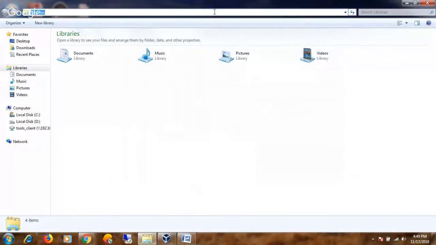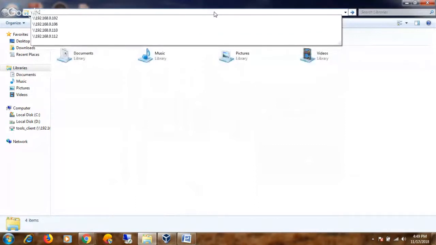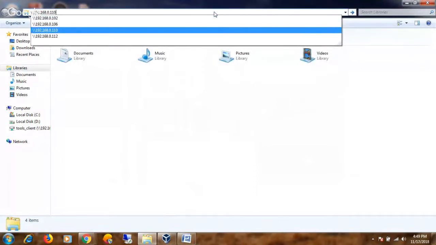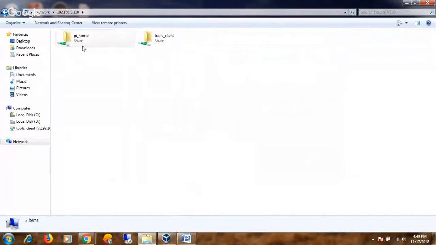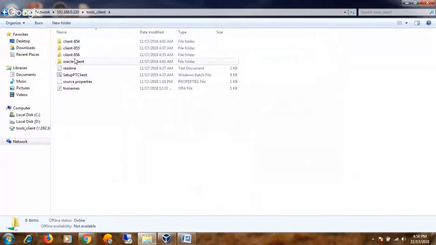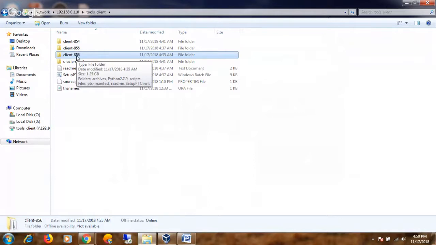Just open the shared folder 192.168.0.110. It will show you two shared folders which are inside the PUM virtual box. Just open the tools client shared folder. In that you will have these folders. If our present environment is in 8.56, that is, the environment which you have installed using the PUM is in 8.56, then you have to take the client 8.56. Just copy it